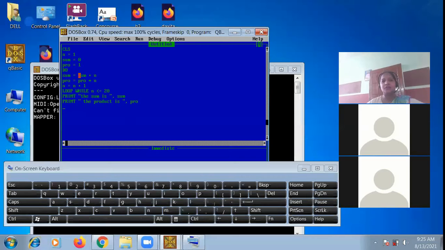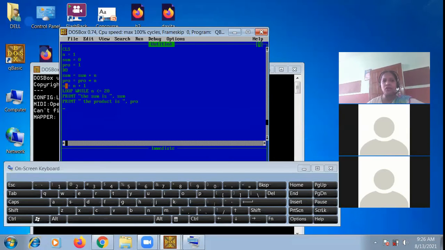Or we can say the equation for mathematical operation we can use. So here we are going to add. We will write the statement sum is equal to sum plus n, and the second equation is product will be pro into n.